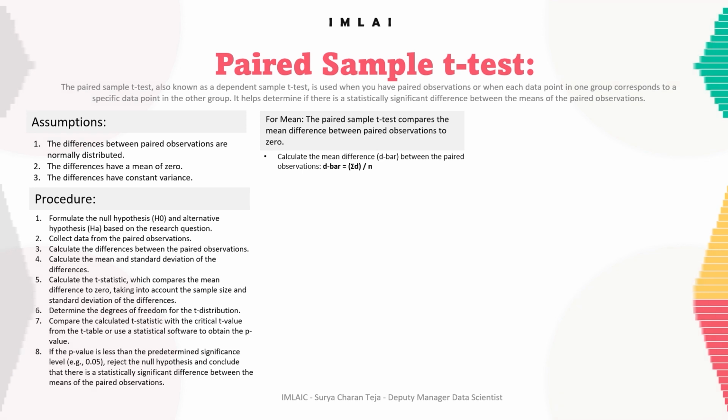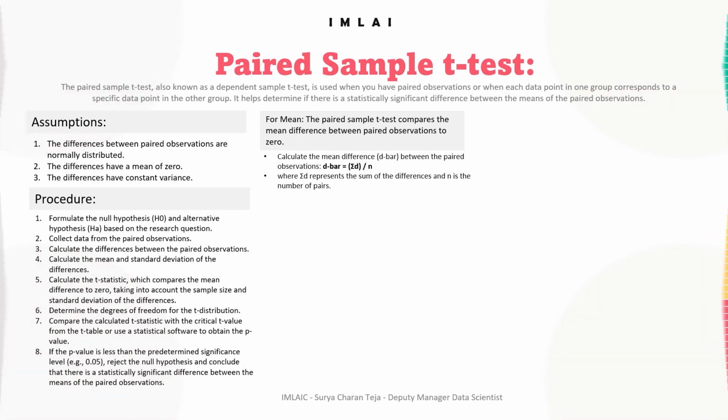So first we have to calculate the mean difference d bar between the paired observations. So d bar is equal to sigma summation of d divided by n. Okay, that's the average difference between the paired observations. So where sigma d represents the sum of the differences and n is the number of pairs,